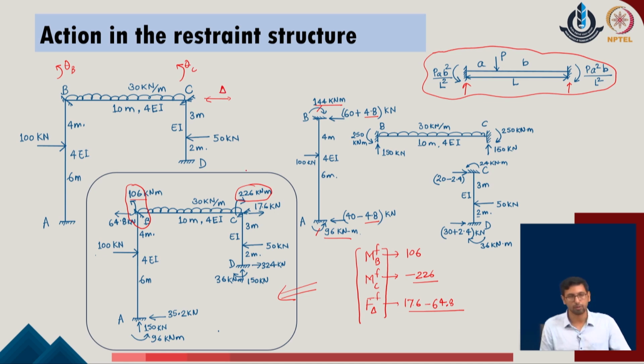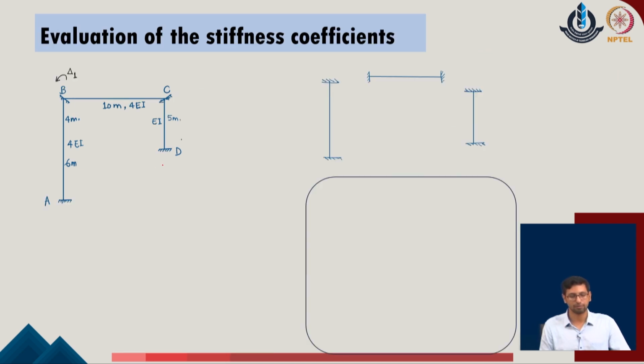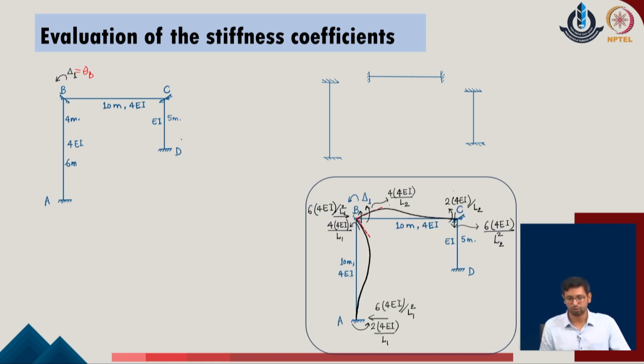Now, we will do a similar exercise for each individual release of the degrees of freedom in the given problem. As we go ahead with the first degree of freedom, which is delta 1 or theta B, we release the rotation over here and we describe that the deformed shape will appear like this. In each of the cases, as this is the member which is subjected to the rotation theta B,